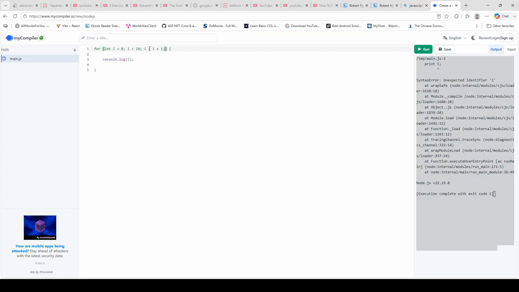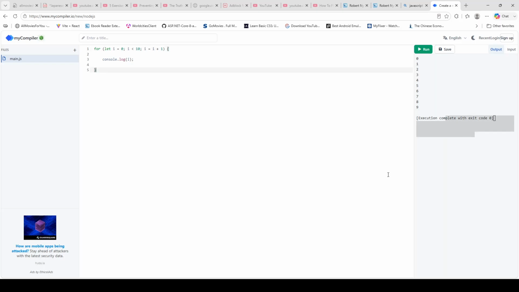So this is what we want to do. There's really no semicolon at the end. This is just the condition that will return. If this condition is true, it will execute. Now, let's say we start at 10 then. So if we run this,